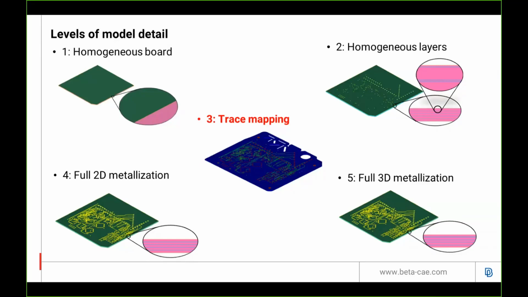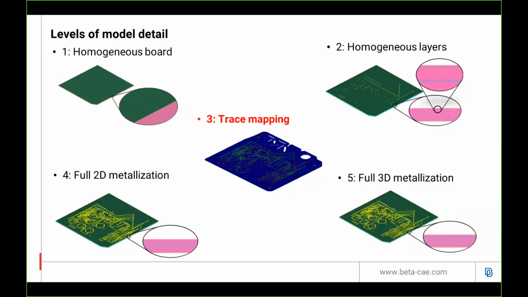Level 4 is the full 2D metallization, where the exact 2D geometry is present as 2D faces. All the metallic layers are present as zero thickness faces, and the dielectric layers are present as finite thickness layers. And finally, level 5, full 3D metallization, is almost identical to level 4, but this time the metallic geometry can be meshed in 3D.